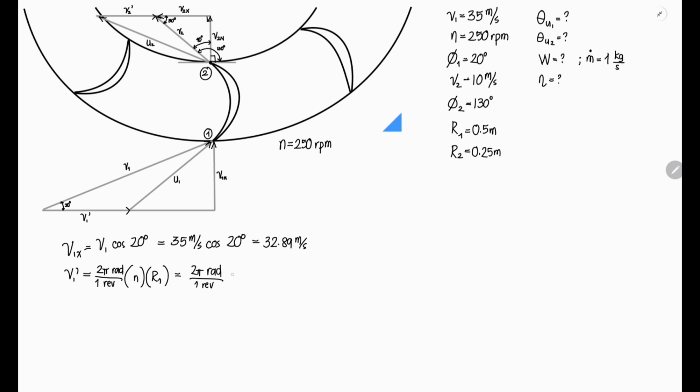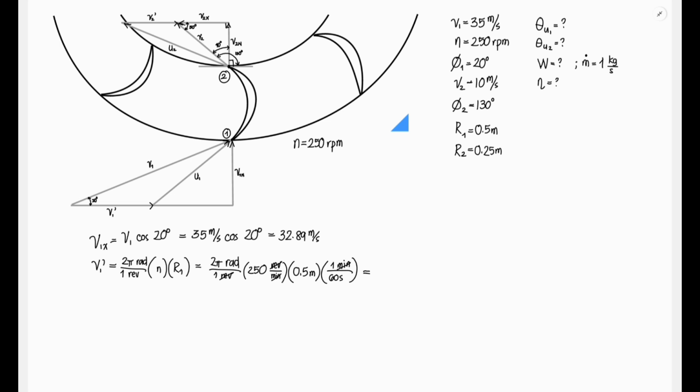This is 1 revolution times the n, which is 250 revolutions per minute, times the R1, that is 0.5 meters. And then, convert na kaagad natin into seconds. So, that is 1 minute over 60 seconds. So, revolution, magka-cancel. Minute and minute. So, itong rad, kapag minultiply natin yung meter, magiging meter per second na lang siya. So, the answer for our V1 prime is 13.09